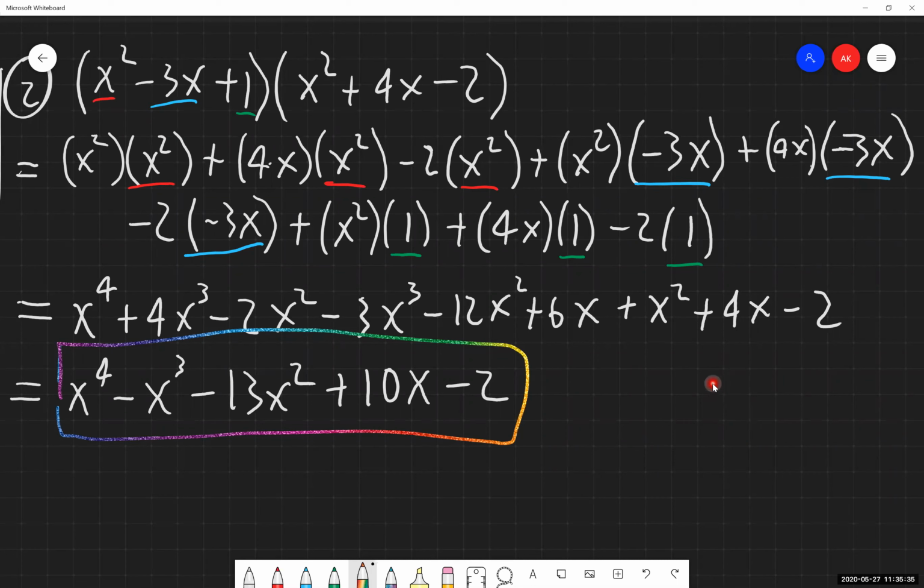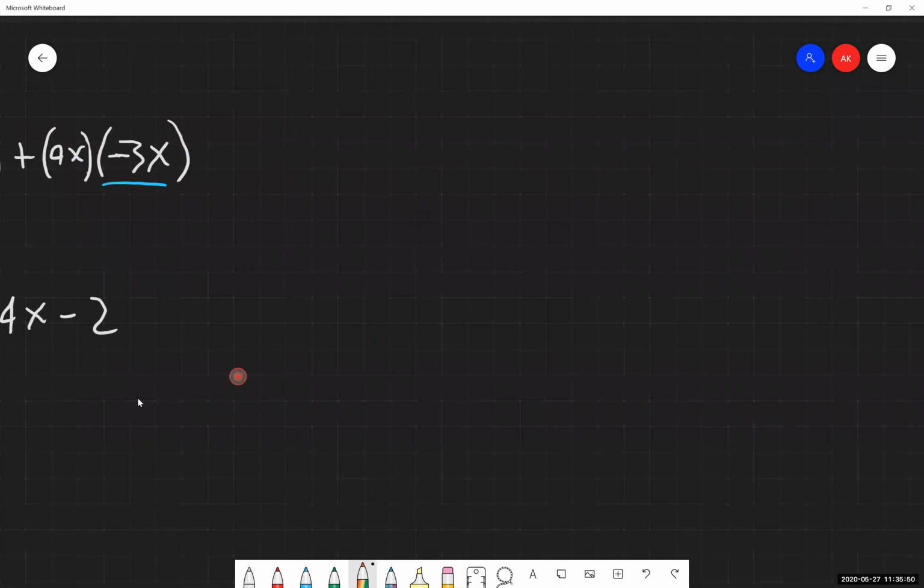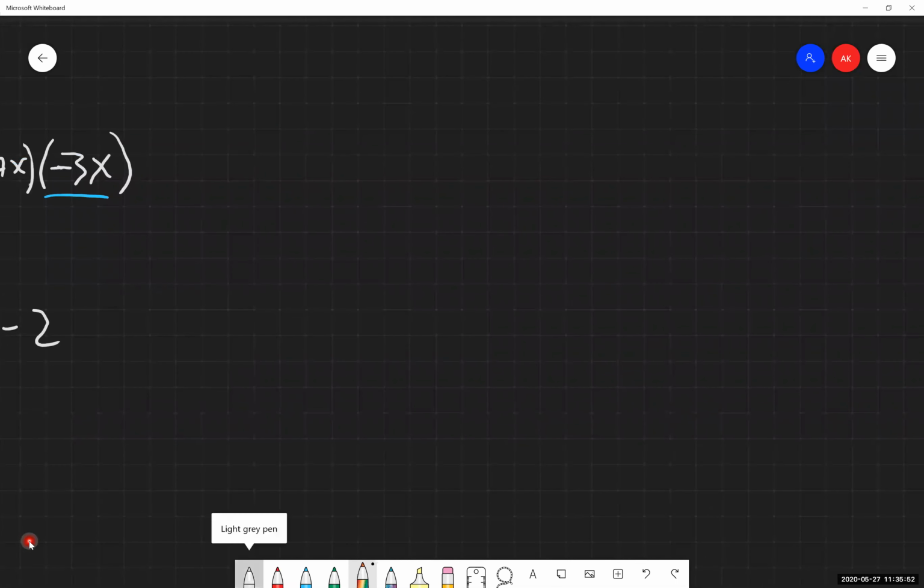So don't be afraid to write out some extra lines of work for yourself. Don't be afraid to take a little bit of extra time to make sure it's organized. It goes a long way. Now move over here and we'll go through our third example that shows up with these.